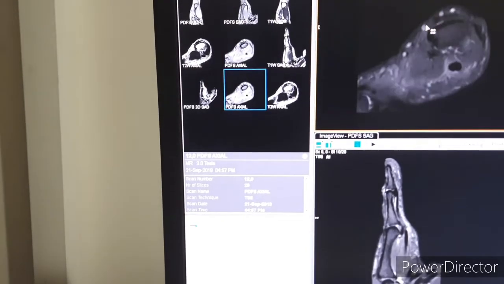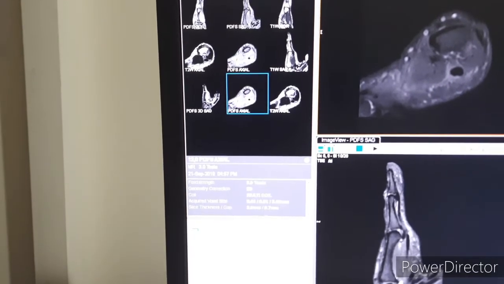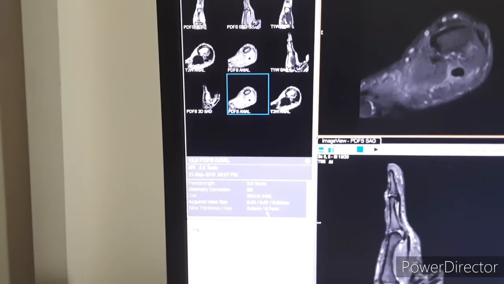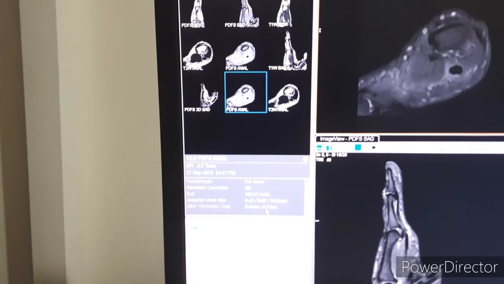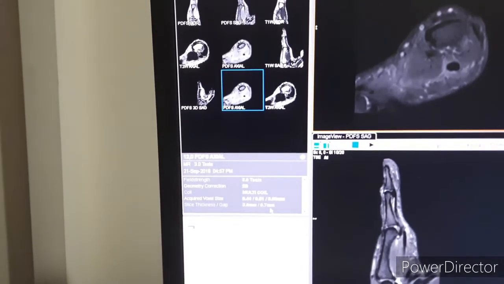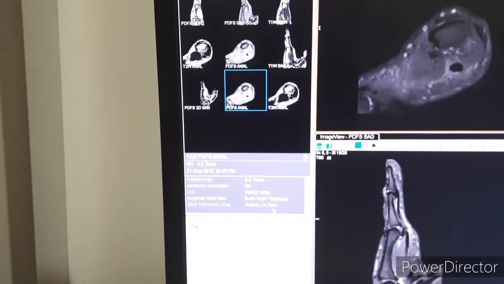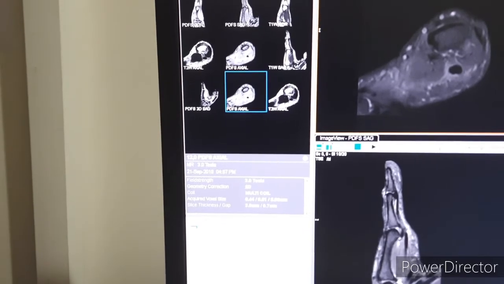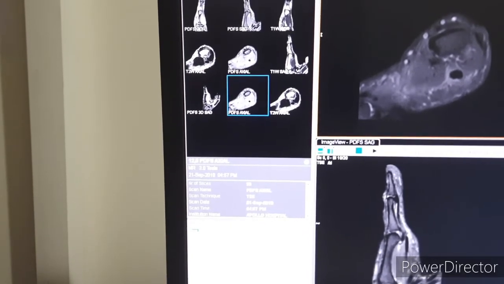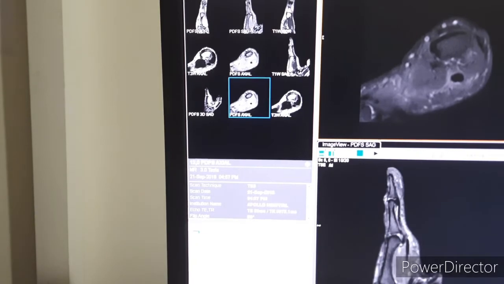And for PDFS axial we have kept the slice thickness 3 mm and the gap is 0.7 mm. It depends on the region of interest. You can increase and you can decrease it as well.